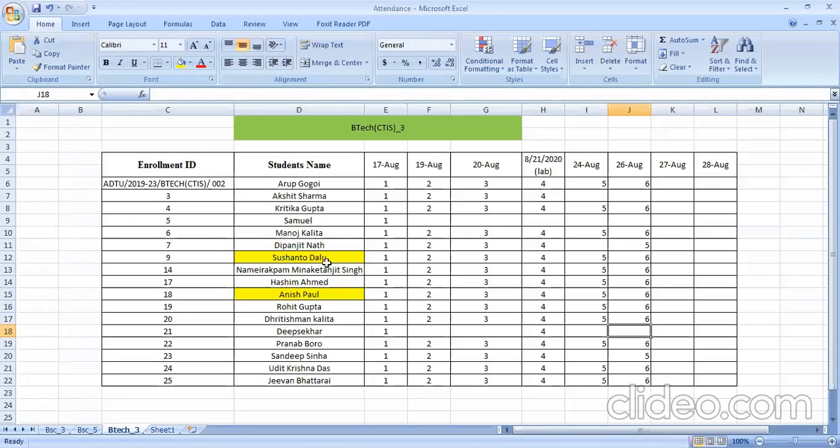Student name is also character data type. Then your attendance, what values am I storing? These are integer values. Of course I am not going to use float here. I am not going to use decimal numbers to give you attendance. I am keeping count. I am not marking it as present or absent. If I give P or AB, then I will have to use character. But here I am using numbers to keep a count of your attendance. So if you are to represent numbers, then you can use integer.